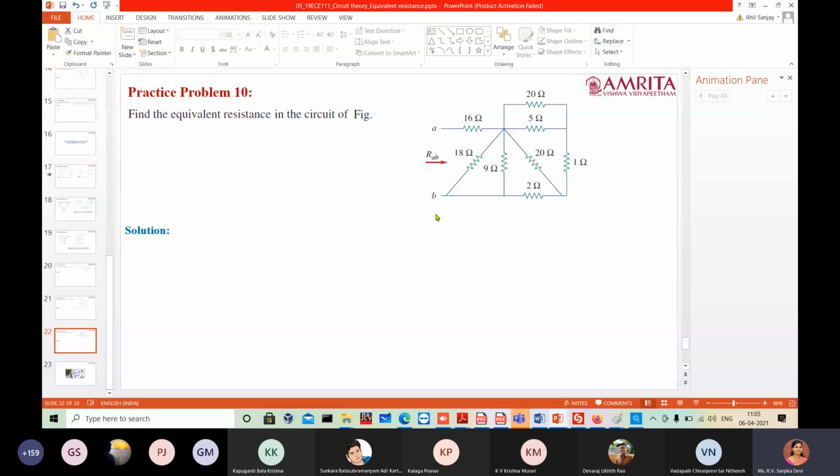Okay, so the next topic we are going to see is mesh and nodal analysis. We have learned the basic fundamental laws which govern circuit analysis. We also have seen what happens when resistors are in series as well as in parallel, and how to apply the current division rule as well as the voltage division technique. And in today's class we will discuss in detail the mesh analysis.